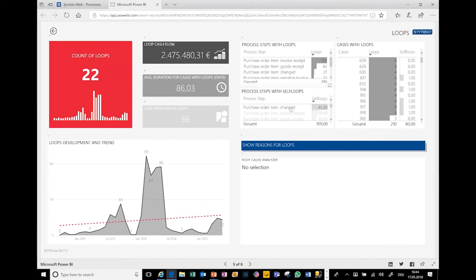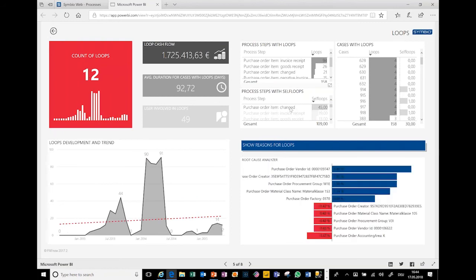I can also, just to give you some ideas, click and sort and analyze some aspects within these kind of charts. On the bottom right side, you see the so-called root cause analyzer.